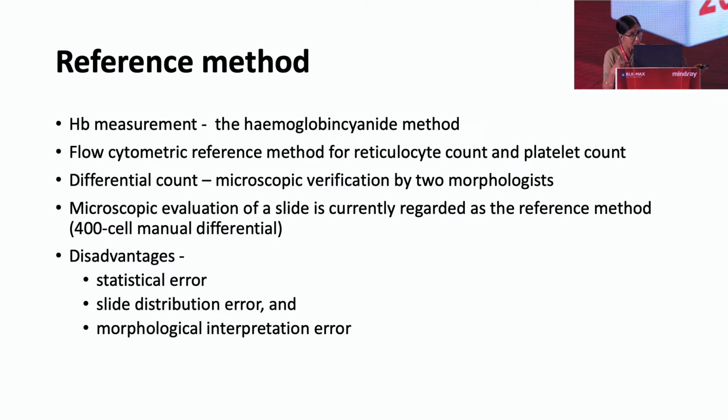So the reference method becomes important. For hemoglobin, of course, we do have a reference method, the hemoglobin cyanide method, and a flow cytometric reference method for platelets as well as reticulocyte. Differential count, we still rely on morphological verification by two morphologists, count of 400 cell count, and I think it's still the reference method. However, we do understand that there are limitations. The slide distribution error, the interpretation error could contribute to this variation,